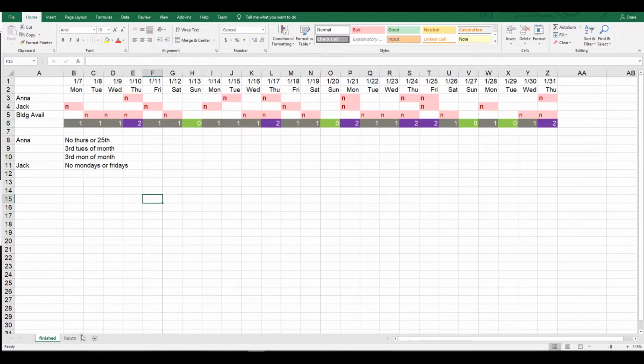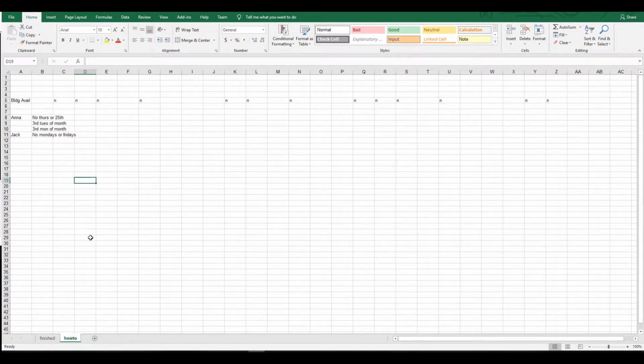So we'll move to the tab How To. So right now, most of this is blank. So what we're going to build out is we're going to put in Anna and Jack, and then the building availability, which is right here, already loaded for us. So we'll move that down,